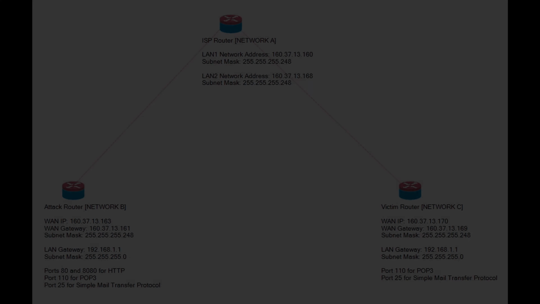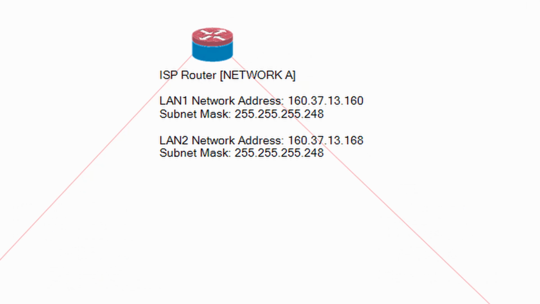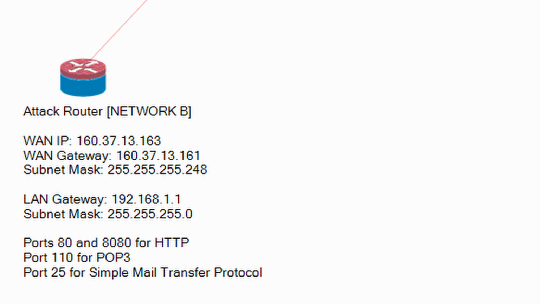To demonstrate this is a remote access attack, I've created an offline wide area network, local area network and email server. Network A is acting as my primary ISP router, providing local area network connectivity to two routers which are separated by a VLAN. The network addresses of the VLANs are 160.37.13.160 and 160.37.13.168. Network B router is using a WAN host address of